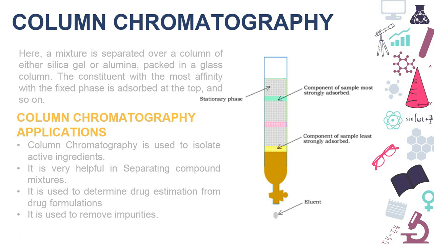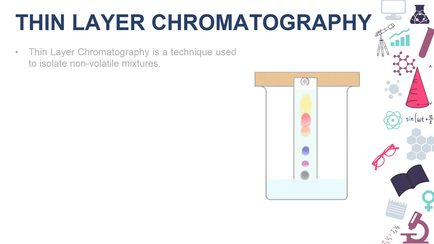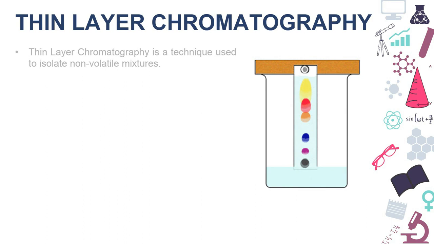So this is column chromatography. Now, thin layer chromatography. Thin layer chromatography is a technique that is used to isolate non-volatile mixtures that cannot be mixed together. Like in this animation given here, it is an example of thin layer chromatography where a mixture is taken and